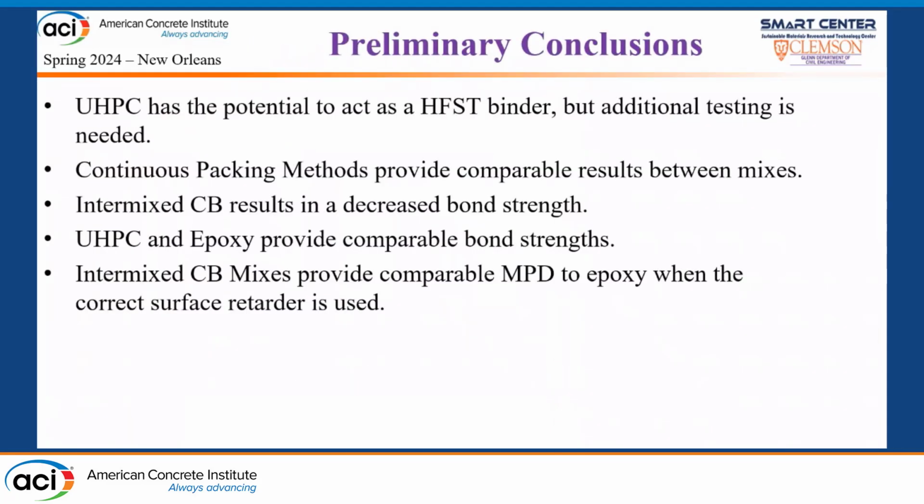So if we want to make some preliminary conclusions from this work, first and foremost is that we believe UHPC has the potential to act as an HFST binder, but additional testing is needed, specifically in terms of abrasion resistance as well as shrinkage, and that's probably going to be our main deviation from epoxy binders in the long run, is making sure that we are controlling our shrinkage, because these really thin layered binders of UHPC could crack and